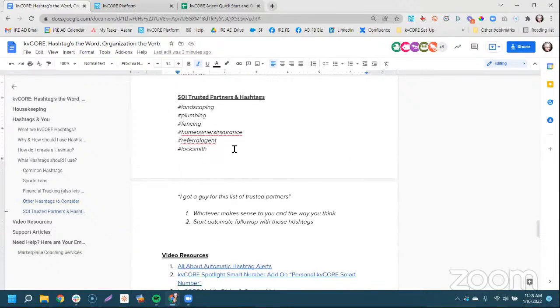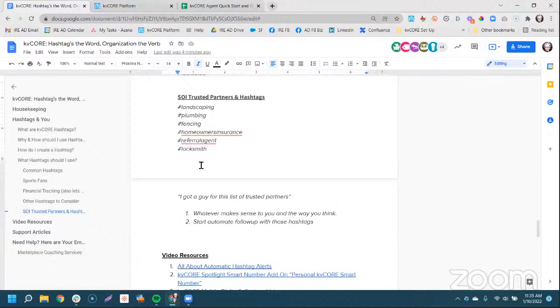Also, you can hashtag your trusted partners, because when you have your trusted partners in your sphere, whether it's your landscapers, your plumbers, your home insurance, your referral agents, locksmiths, whoever it is, you can also create specific campaigns to go out once a quarter to these folks to remind them that they're partners with you. You could do videos with these folks on fencing tips to send out to your homeowners. You can say, hey, we're here with Locksmith Kelly, and we're looking at these types of locks on your home. They're really easy to change out. So maybe it's a simple how to change a lock or a doorknob on your home, but something that lends their expertise to your business to build that confidence.